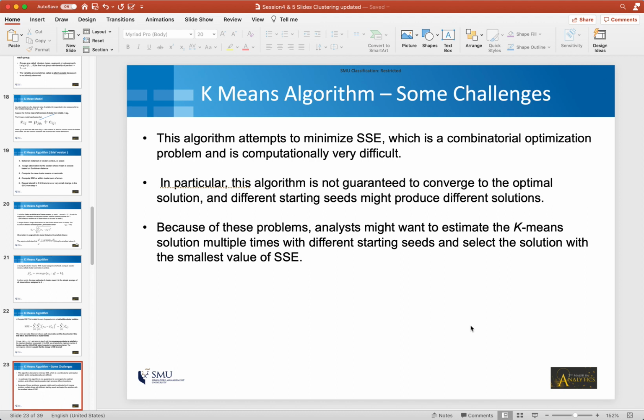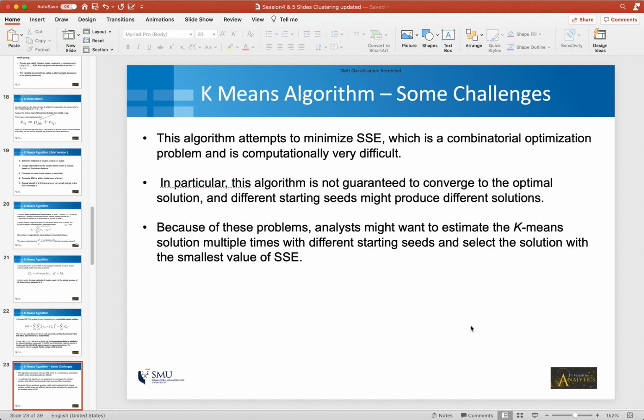So now, what I said is that the k-means clustering algorithm is an optimization problem where we are minimizing the SSE, and it is a specific type of optimization problem. It's called a combinatorial optimization problem, and it's computationally very difficult.